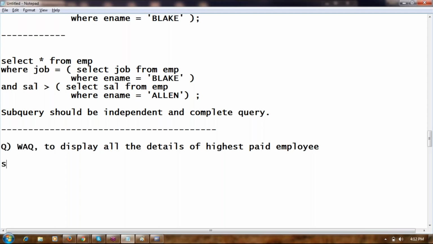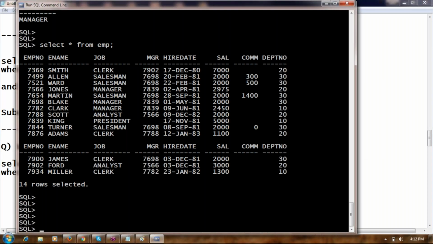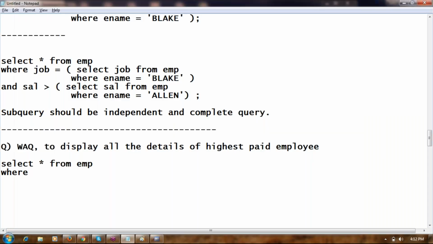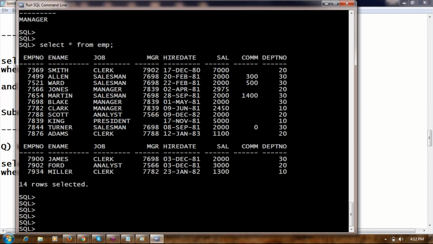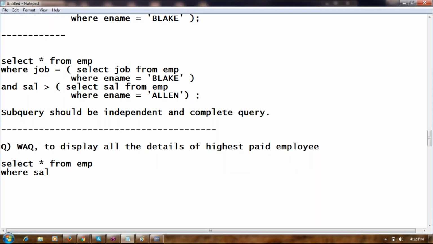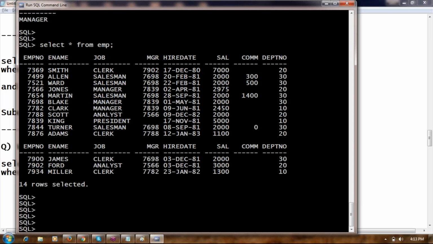Select star from EMP where sal is greater than 6,000.